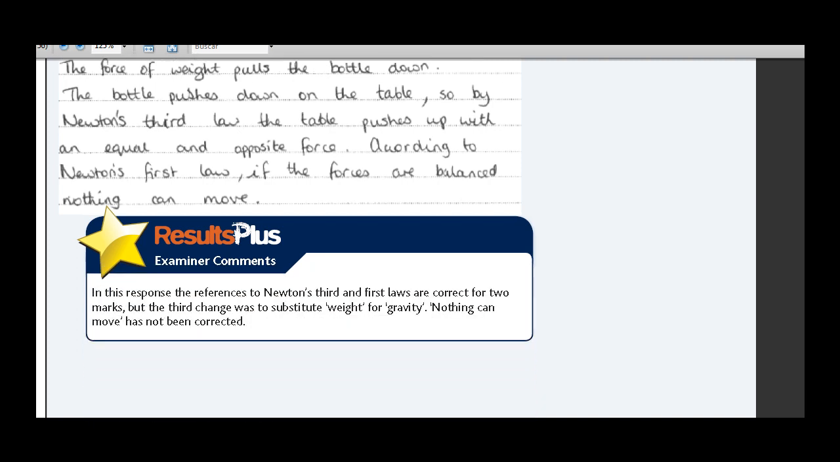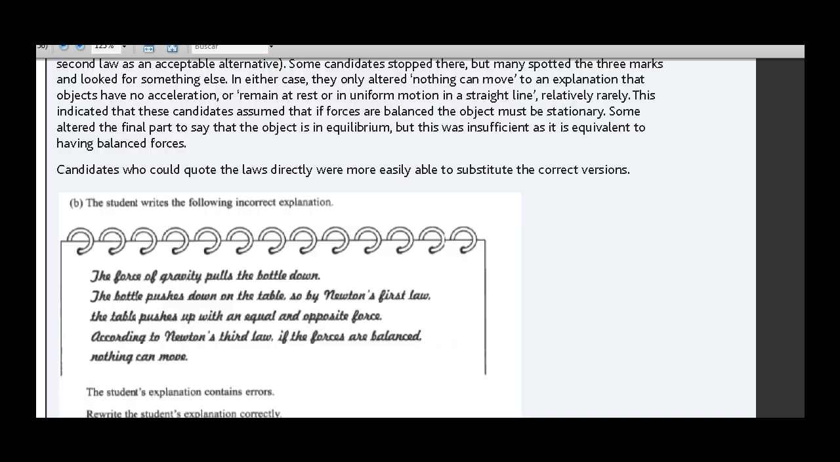In this response, the references to Newton's third and first law are correct, which I agree, for 2 marks, but the third category was to substitute weight for gravity, and "nothing can move" has not been corrected. So he corrected a couple of ideas, but not all of them. And it's interesting there that it says that it forgot to change weight for gravity, and that is